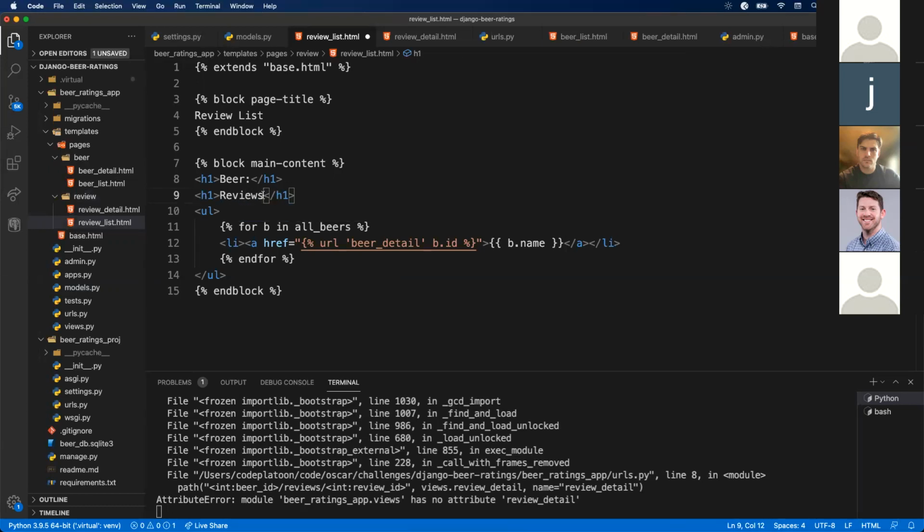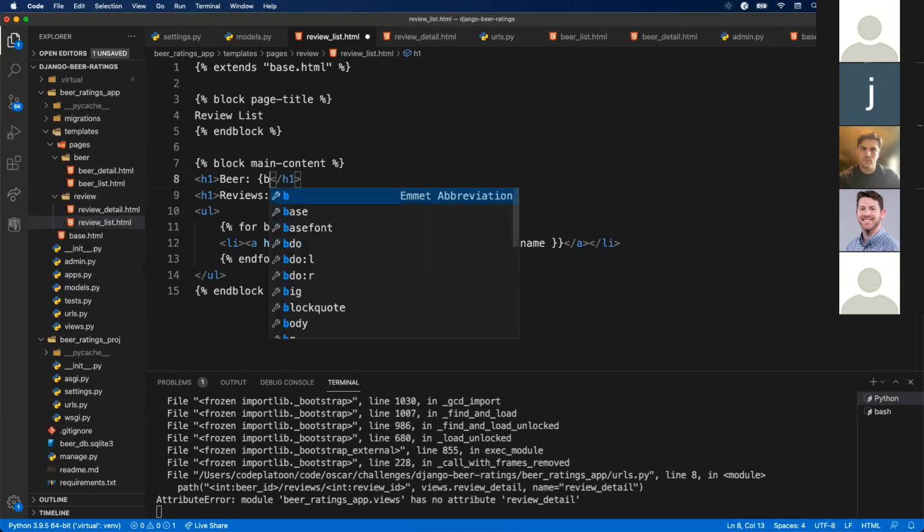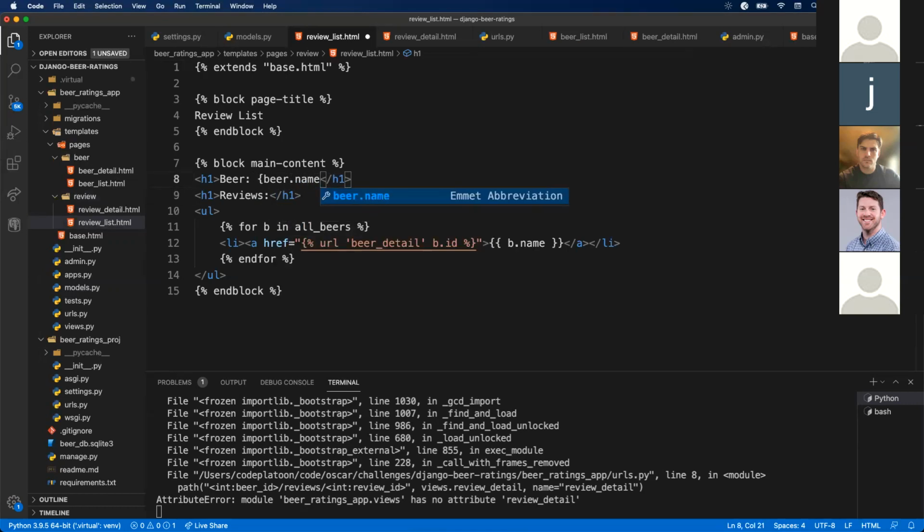Okay, so the beer is what we're going to pass in here. That's going to be simply beer.name, double curly braces, not single. And then our reviews, as Sean mentioned, we should have access to that via beer.reviews, plural, because that's the name of the related foreign key relationship that we gave, and then all. All right, so if we do that, r is going to be our review. We just want to list out our review. Let's just say contents